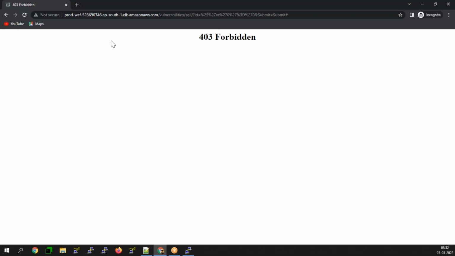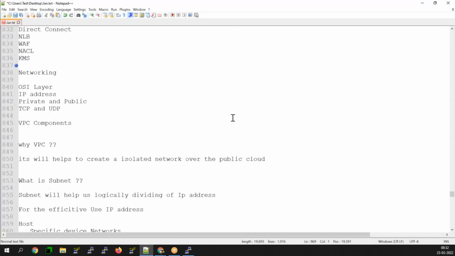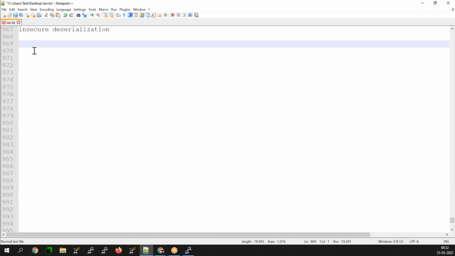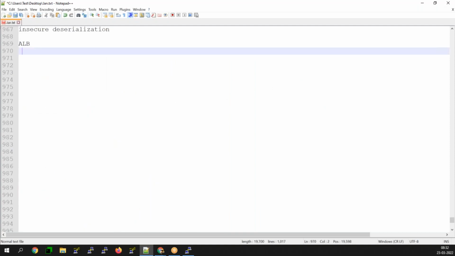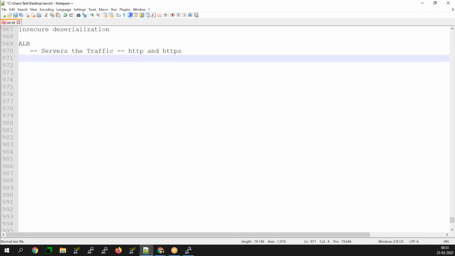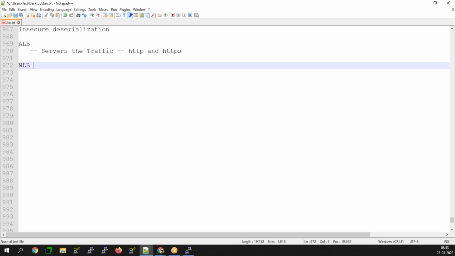The ALB serves only HTTP and HTTPS traffic, with a health check path. Whereas NLB,